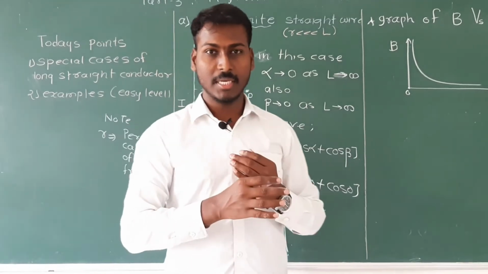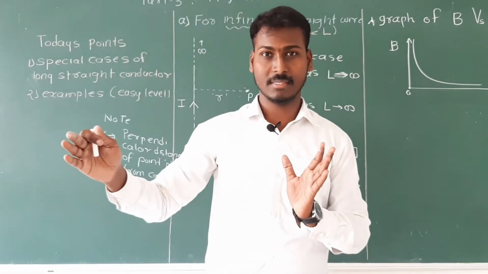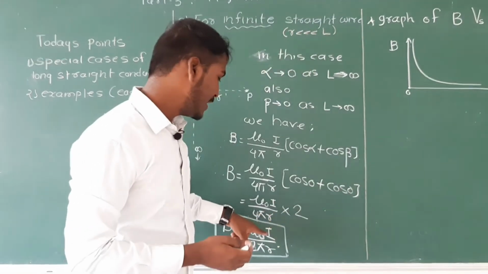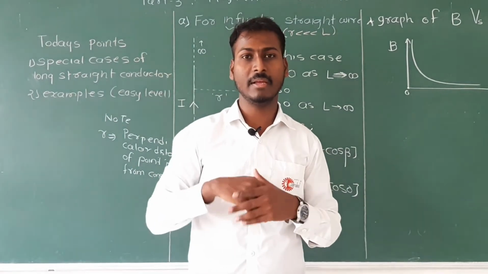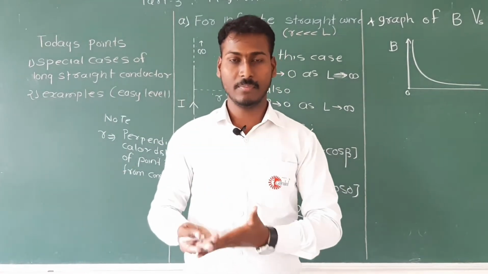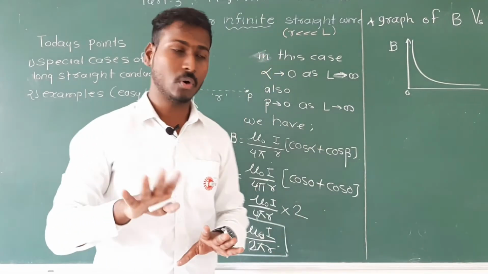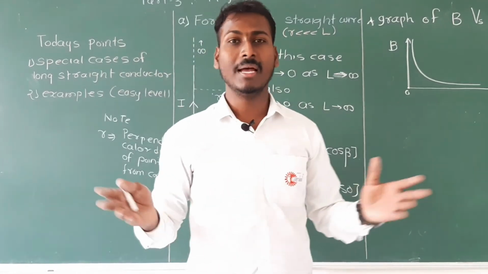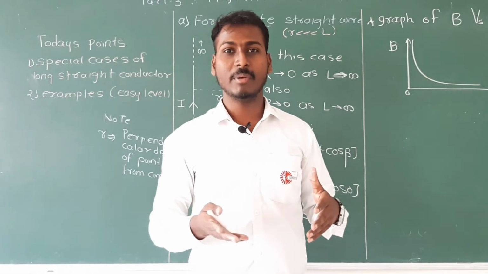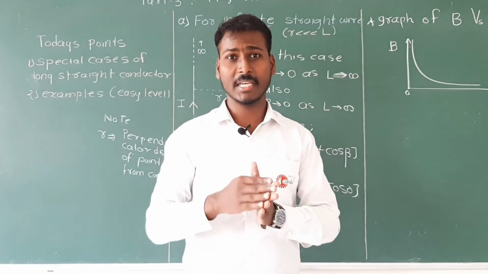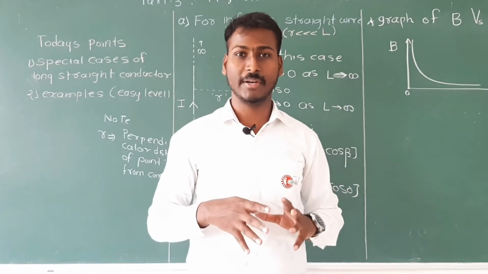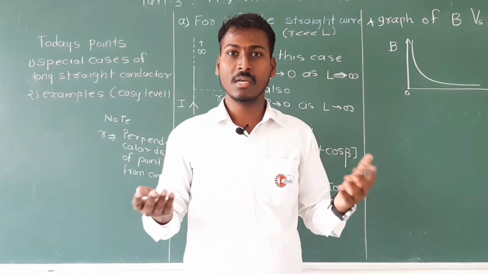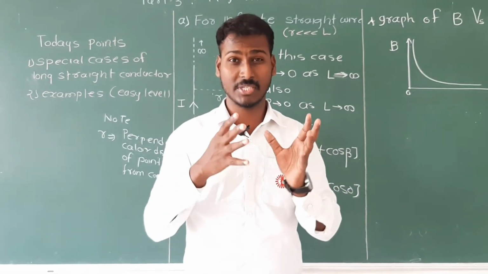So if you increase the perpendicular distance, the magnetic field will be inversely proportional, it will decrease. Similarly for current, if you increase the current, if 10 ampere increases to 20 ampere, definitely the magnetic field will increase. So it depends on two quantities, current and perpendicular distance. The magnetic field is directly proportional to the current, and there is no suspense about that. You know that because we are already learning the magnetic effect of electric current, so definitely there should be a very strong effect on magnetic field due to current. If you increase the current, the number of lines around the conductor will increase, which increases the strength of the magnetic field.